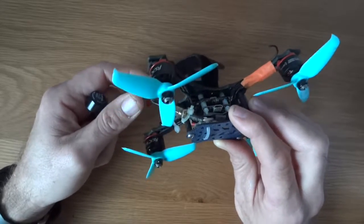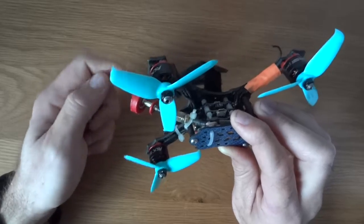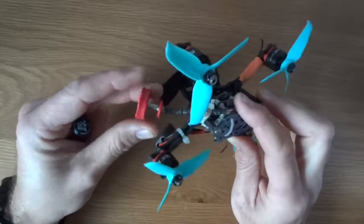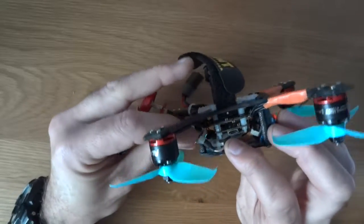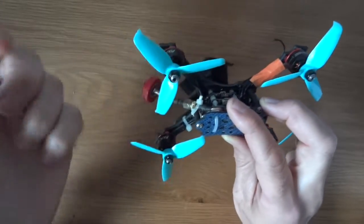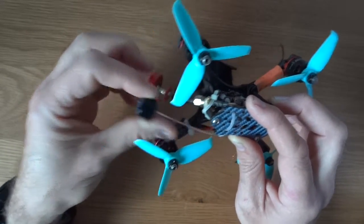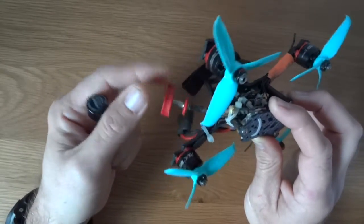They're fine for kind of open fields and things like that, but as soon as you head behind trees, you start to struggle. And the one issue I had with both of these guys is because on this frame you've got this rear standoff. As you can see, when I put on this really battered Emax Pagoda, I had to kind of zip tie left, right and centre to get it out of the way of the props. Whereas with this, you can simply zip tie it right in,